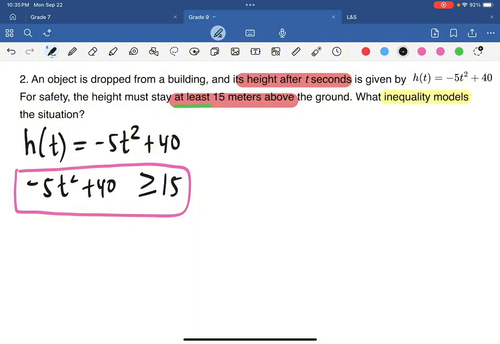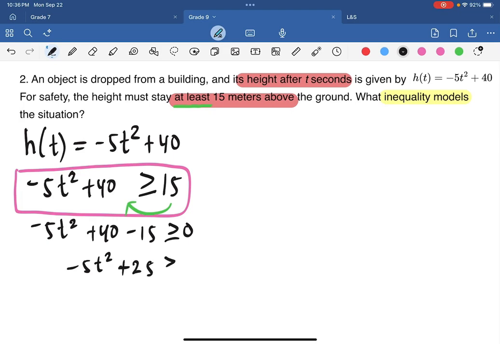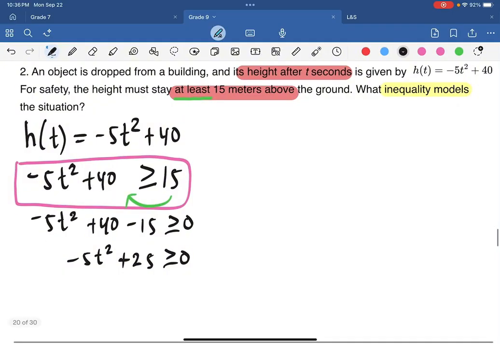So first, let's transpose 15 to the other side. So it will become negative 5t squared plus 4t. 15 here will become negative 15. So we have minus 15 is greater than or equal to 0. So negative 5t squared plus 4t minus 15 is positive 25 is greater than 0. So based on this, we could